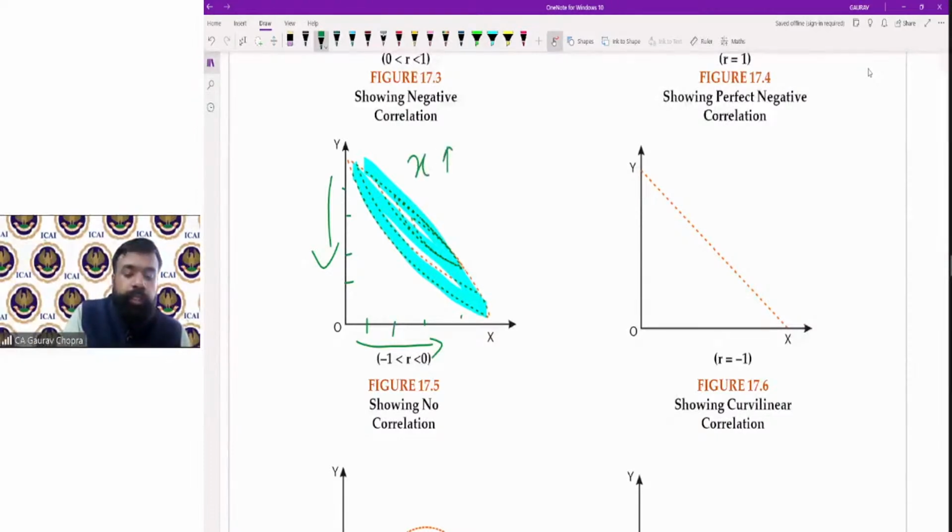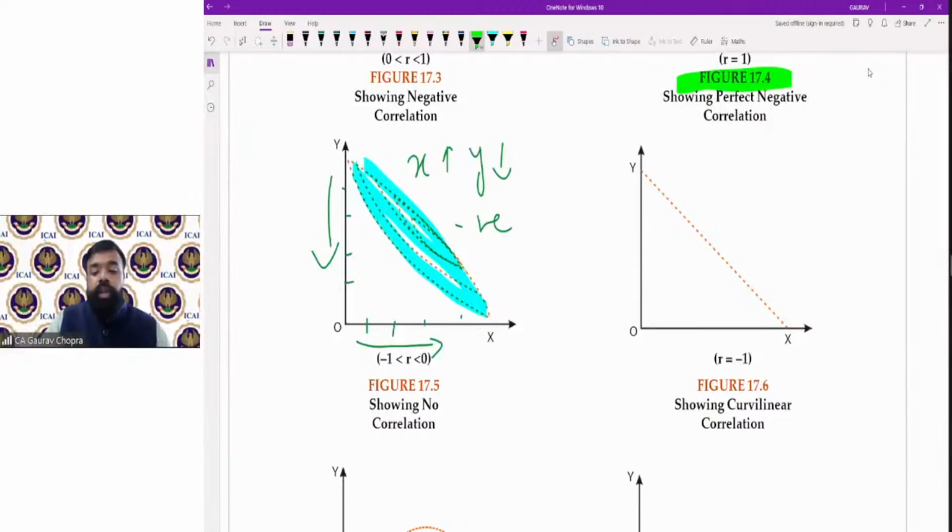So x increase, y decrease. So therefore correlation will be negative. Correlation कैसा हो रहा? Negative. Okay. Then next one,